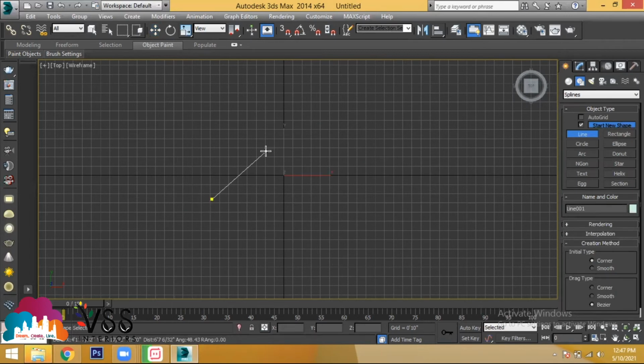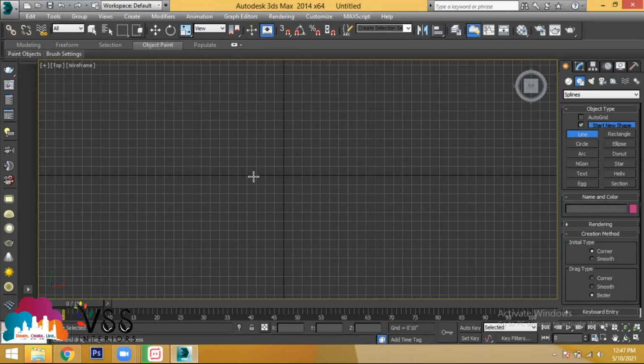If in case you click the starting point, hold it and drag, what happens is it will form a spline, that is nothing but a curved shape. Is the line straight here? No. You people are able to see my screen, right? Is the line straight? No. Yes, sir, the line is curved. This is looking like a spline.